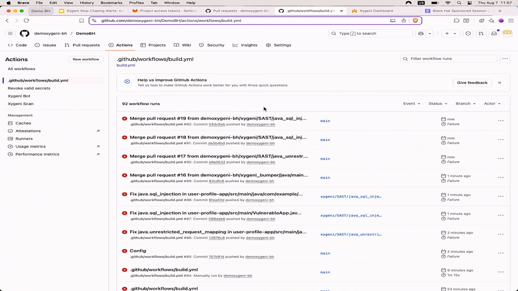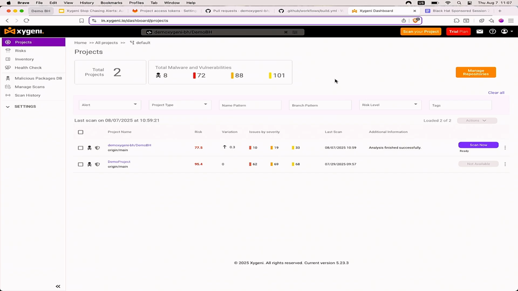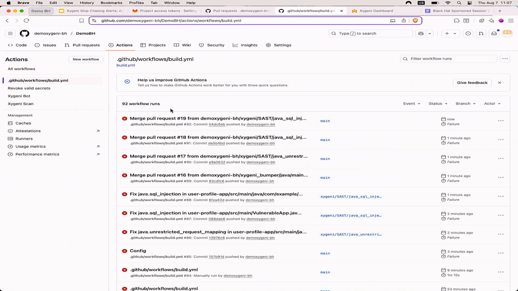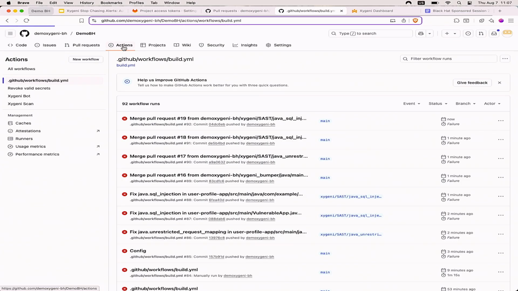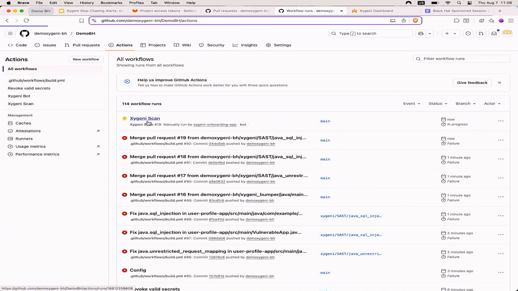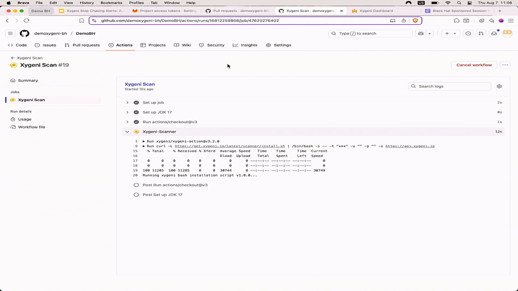What's happening? Well, let's scan from here. I don't find the issue. We are scanning now, and when it finishes, we are going to have the results in the platform.